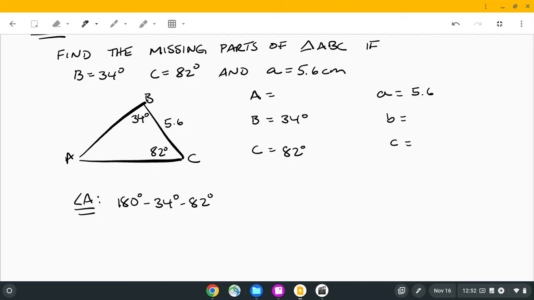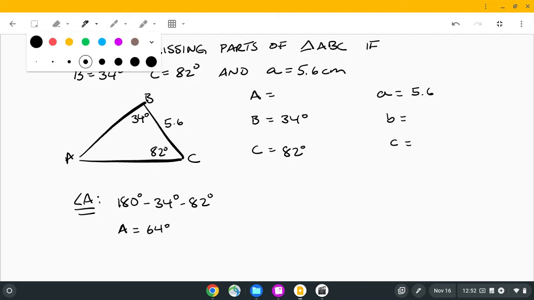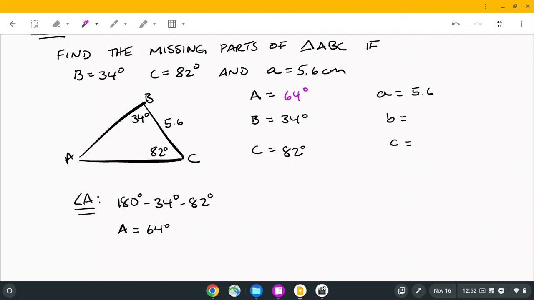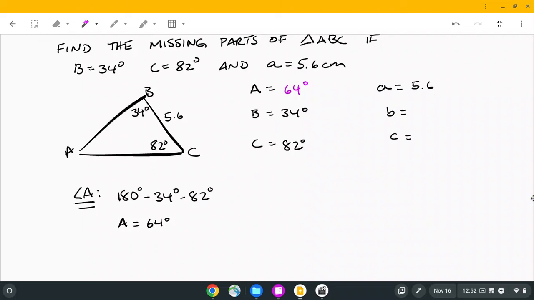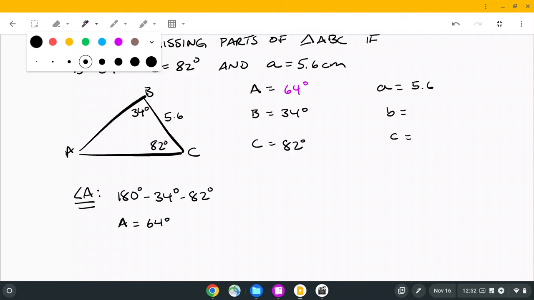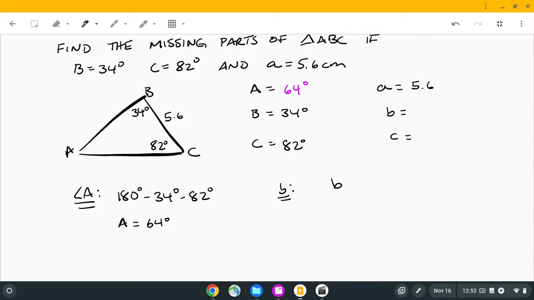Okay, so angle A is equal to 64. Okay, so we know that much. And then we see here, we only need these here, and we can easily set up our law of sines using A, and then the B's, and then A, and then the C's. Okay. All right. So let's go ahead and do that. Let's go ahead and solve for lowercase b. All right. So since I'm solving for lowercase b, I'll use the ones that are set up so the lowercase letters are